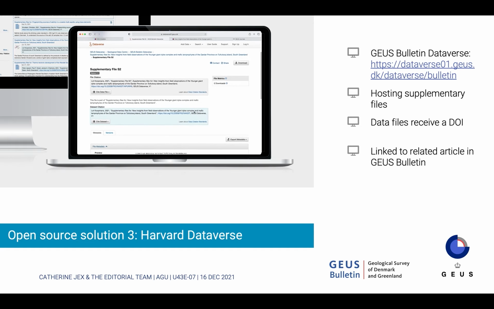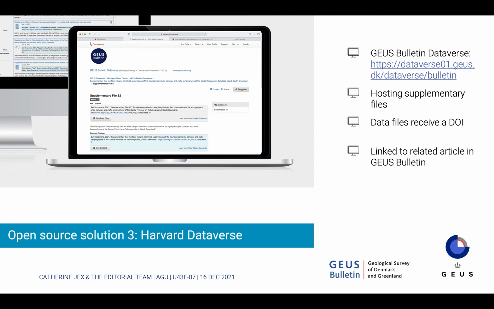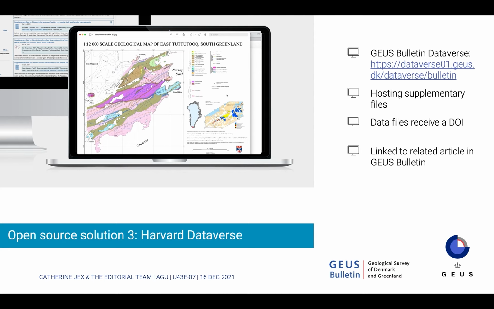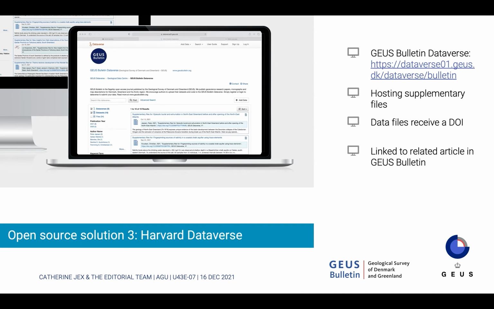We also include the related article information in the dataset. So full citation and the DOI to the related article. So in this way, both the dataset and the related article are permanently linked by way of a DOI. And the really smart thing with the Dataverse setup is that it enables versioning, so you can update the datasets when that becomes available. It's easy to meet the FAIR data principles, and you can upload extensive metadata alongside each